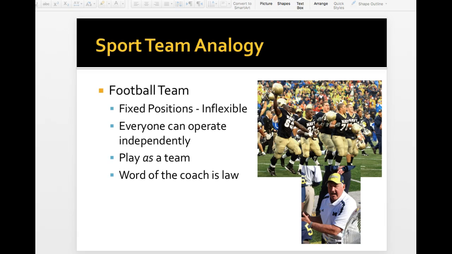Unlike the golf team or the baseball team, the coach is much more present in the decision making. So if you think about how much is called by the coach on a football team, it's way more than the other two. So in the leadership analogy, you'll have a leader or a boss or even a teacher, right, directing the group and giving them the plays or the parts of the job that they need to do.